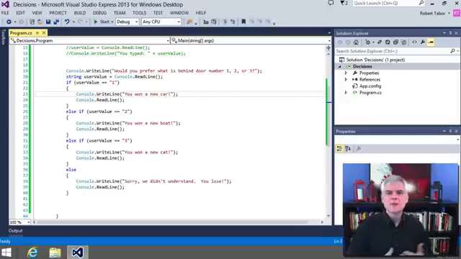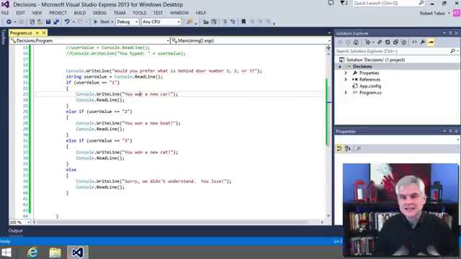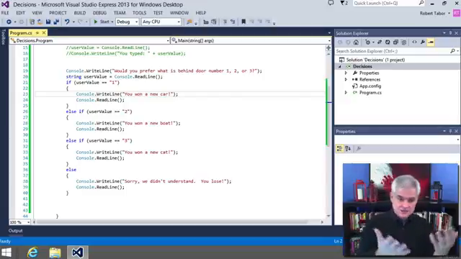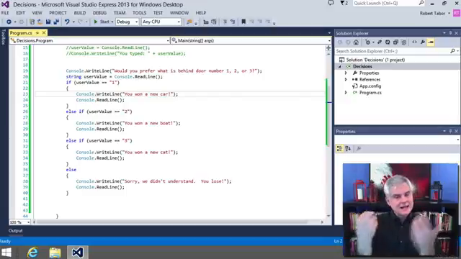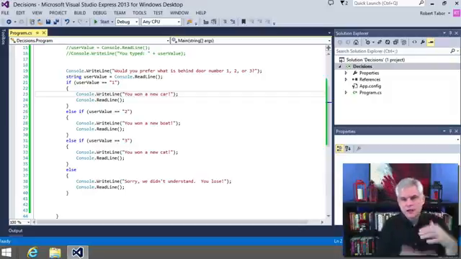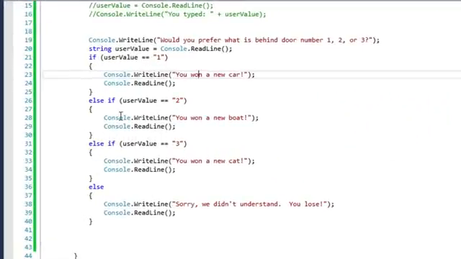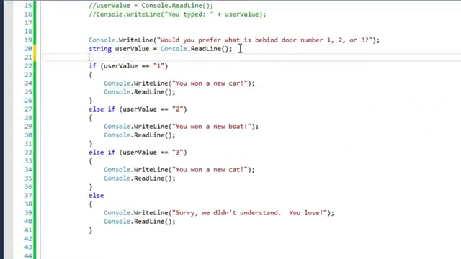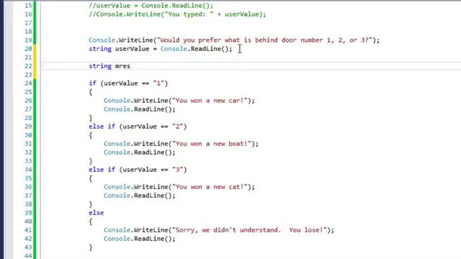But in this case, we can see that each code block in our if statement has essentially the same commands. It has a console.writeLine and a console.readLine. So we simply need to extract what's common and focus on what's different in each of these code blocks. So let's rewrite this code now to simplify and make this code block a little bit more compact. All right, so I'm going to do the following here. Start here and go string message. And then